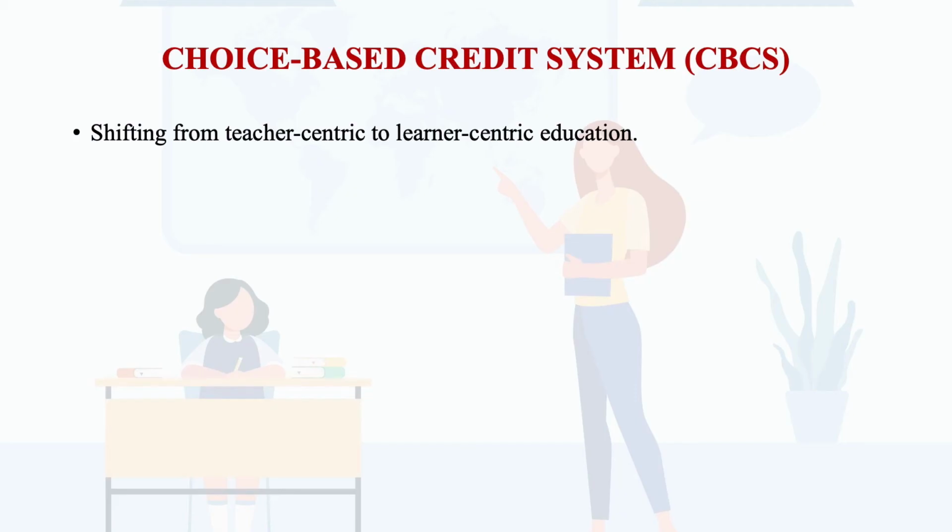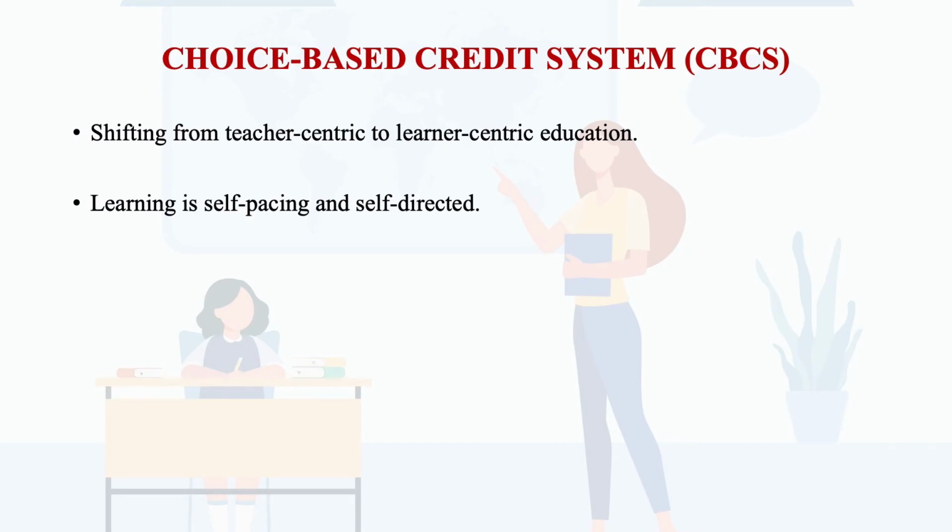Then another important point is the choice-based credit system, that is the CBCS system of the curriculum. So friends, the major philosophy and focus of choice-based credit system is a shift from teacher-centric to learner-centric education, that the curriculum, our courses of study, our syllabi, should be learner-centered, and this is practiced in the choice-based credit system of the curriculum. The learning is self-pacing and self-directed. That means self-learning should be given importance, so that the learner is involved in the process of learning,